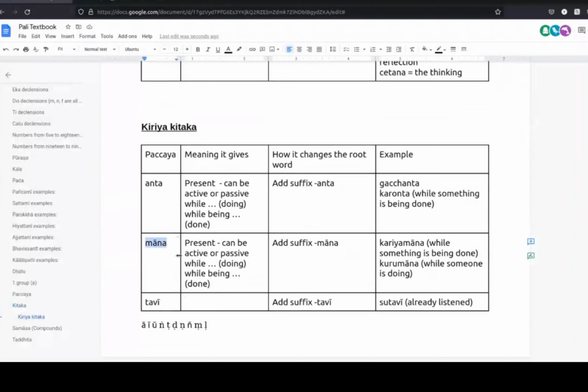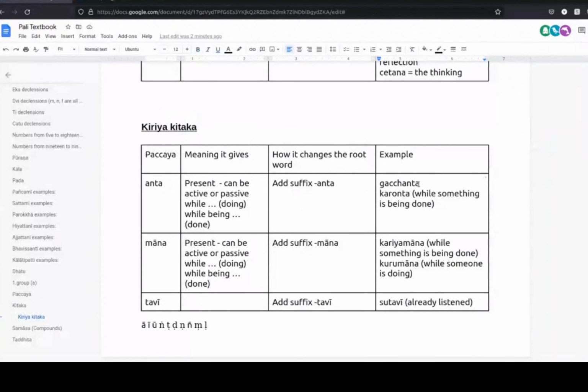Anta and mana can be considered special in that way, in that these two are going to start with the present stem. And these are Kirya Kitaka, so the outcome is not going to be a thing or a person or something. It's going to be relating to someone who does something, right? So here it's going. So we've seen this before. A person while going. So grammatically, it's an adjective, but it's called Kirya Kitaka because it's still expressing an action, literally. It's a nama because Kitaka are nama,